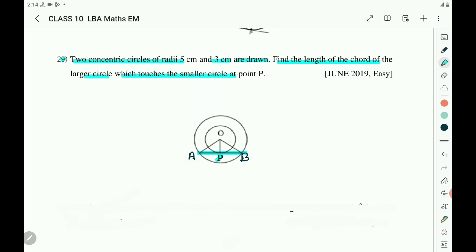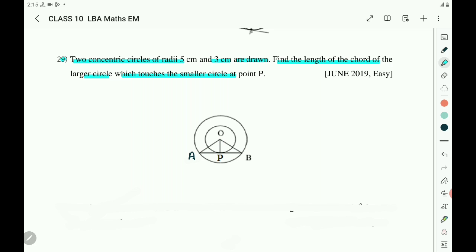Why is OP perpendicular to AB? That is according to theorem 10.1. Why is AB bisected by OP? That is the concept that you have learnt in 9th standard: the perpendicular drawn from the center to the chord bisects the chord. You have to use these two concepts. Then you write